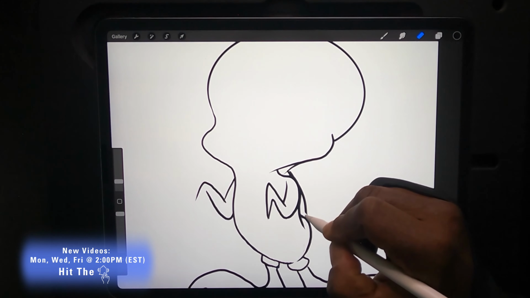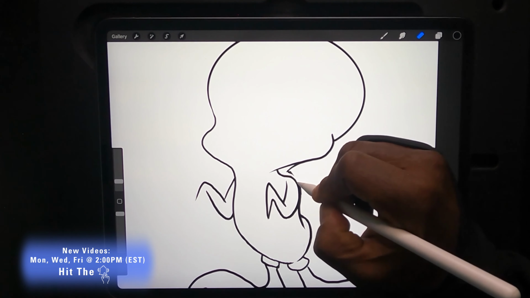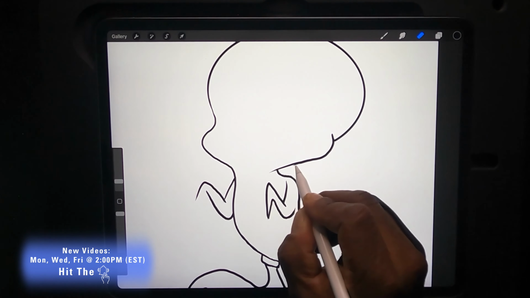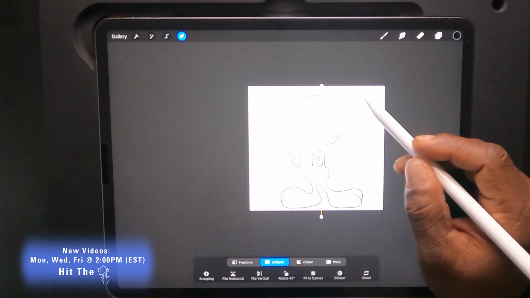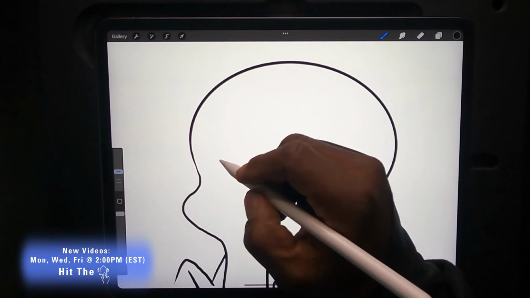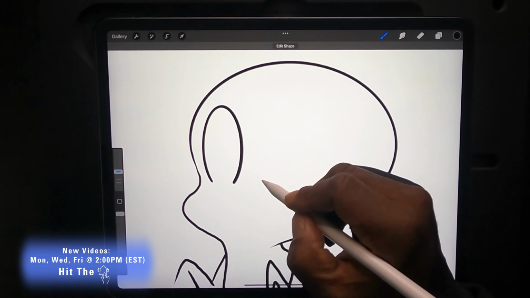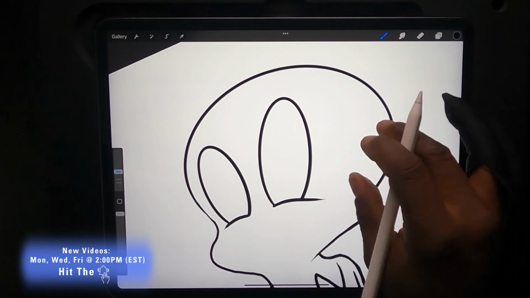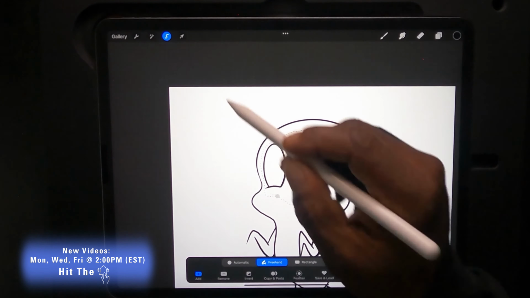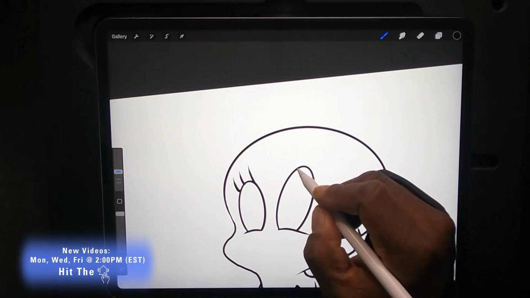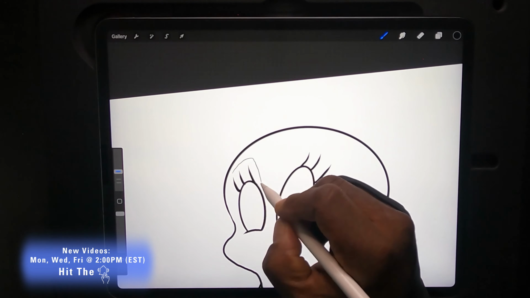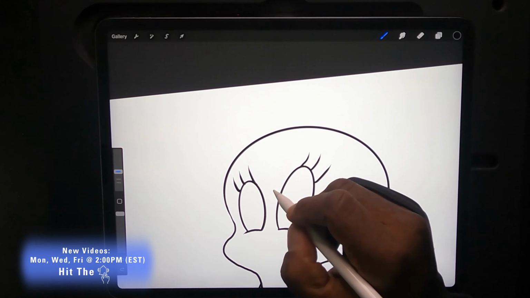But regardless of that, I'm gonna do it as organized and constructed as I can do it. So it's really no right or wrong. The only wrong would be if at the end of this, he doesn't look evil. So as long as the drawing is tight, I'm already on the right track.